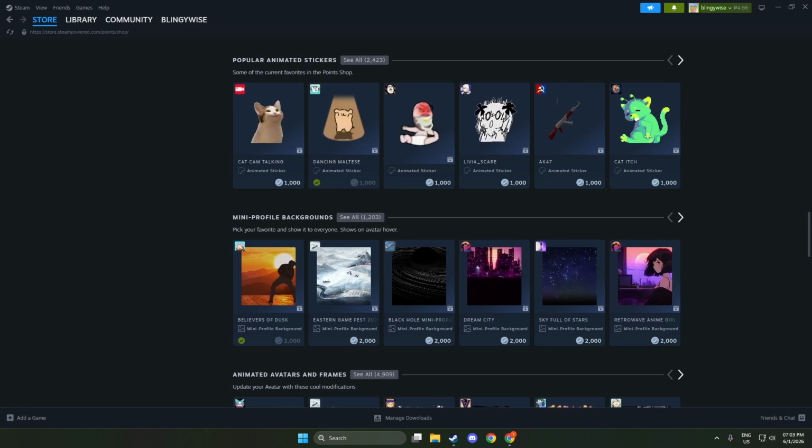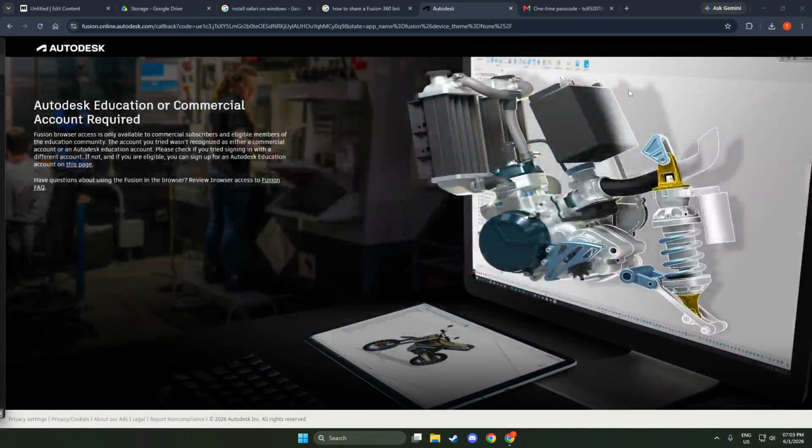First, we're going to restart Steam, but not just by closing the window. Start by closing Steam completely. If the main window is open, click the X as you normally would. Then, check the system tray near the clock on your taskbar. If you see the Steam icon there, right-click it and choose Exit. This is important because simply closing the window can leave services running in the background that keep Steam in a half-open state. Give it a few seconds to fully close.